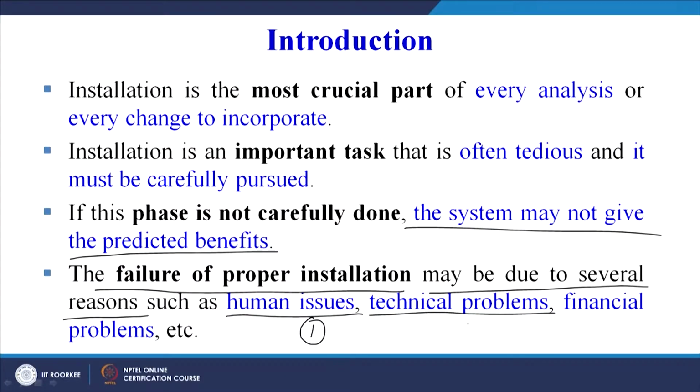Second is the technical problems. Third are the financial problems. We are suggesting a change in the layout as per our study or the work study analysis that we have done, or the method study procedure that we have adopted. It suggests that we have followed the string diagram approach, and as per the string diagram, the layout of the factory must change. Now for changing the layout, it requires money in terms of labor, in terms of equipment that would be required to shift the machines from one place to another. In many places it may require civil infrastructural work also, which will add further cost to this change.